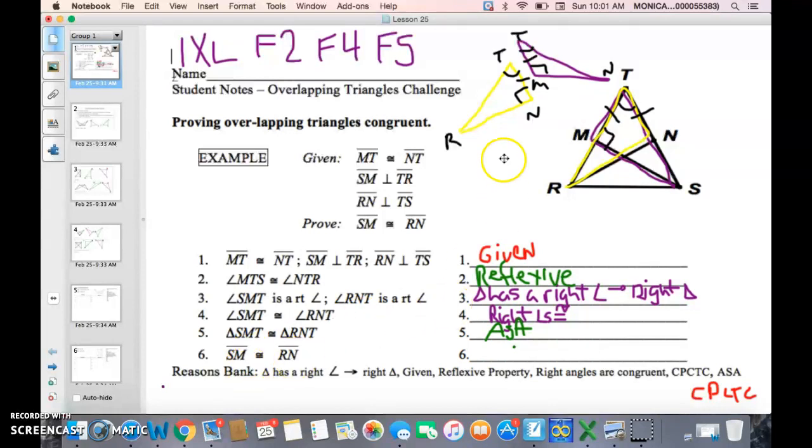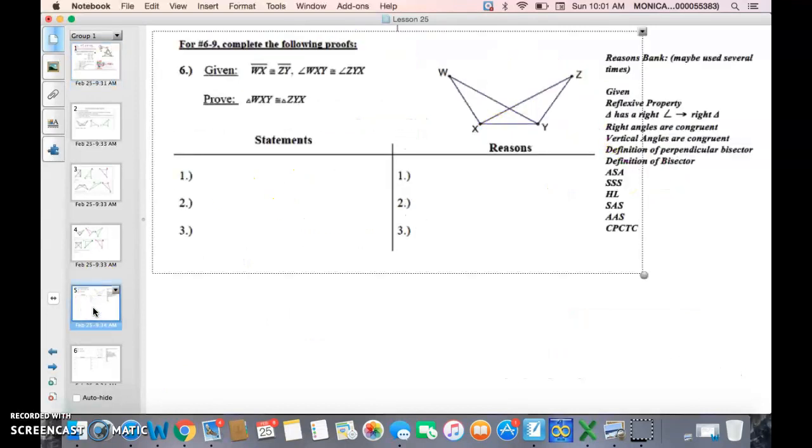So now we can say that this side here is congruent to this side here because we've proven the right triangles. So we can say that corresponding parts on congruent triangles are also congruent. As you can see, it's much easier to see the congruency when you pull the two triangles apart. So make sure that you're thinking about doing that. All right, let's look at